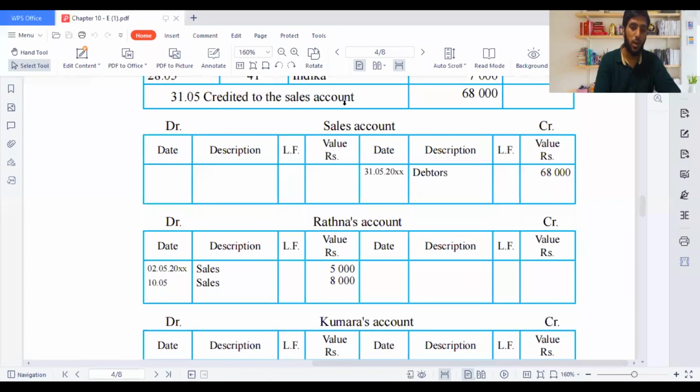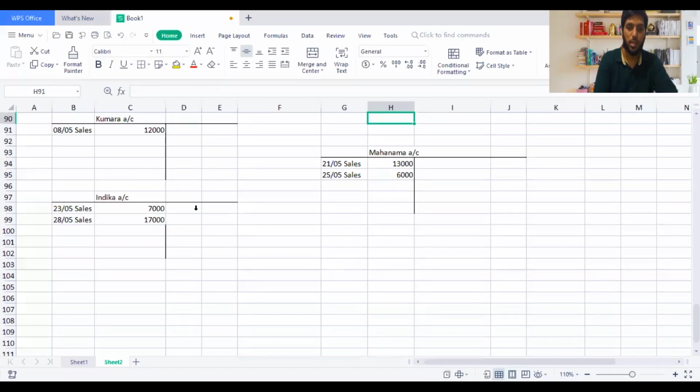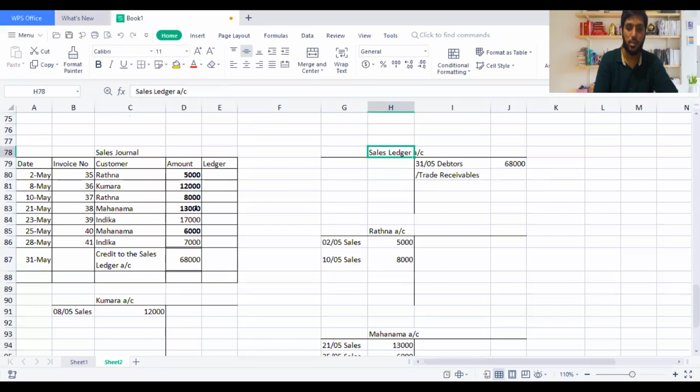Okay, guys. One more thing I want to say: it's not mandatory to put sales ledger here because it's already a ledger account. You can just write sales account. That's what I wanted you guys to write down. Then the last activity which we are going to do now, activity number 3. Let me show you the adjustment I made. So this is the adjustment I did. Here it was sales ledger account earlier. I'm saying you need to remove the sales ledger account and write it as sales account. You don't need to show ledger account. It's not mandatory to show ledger account.